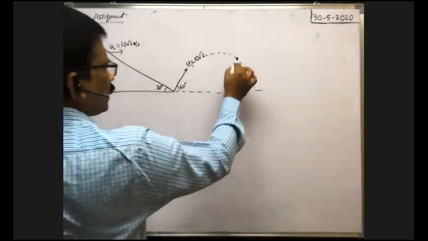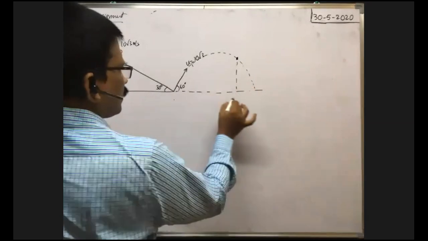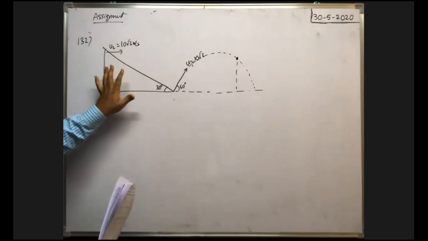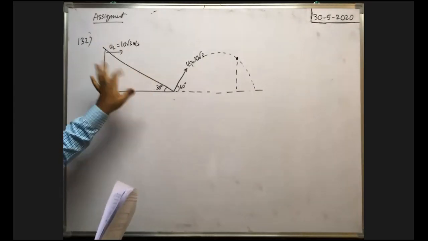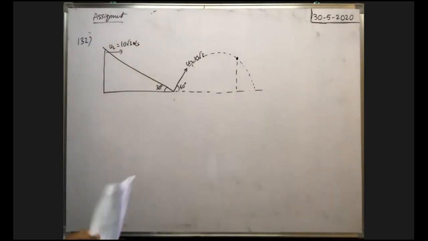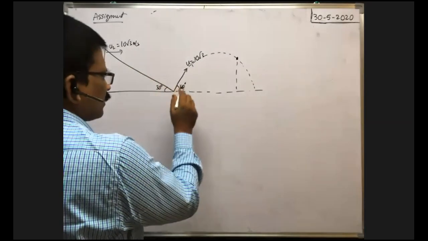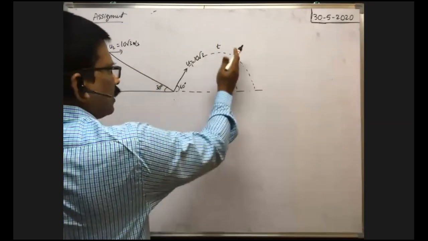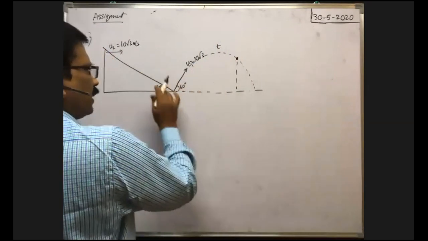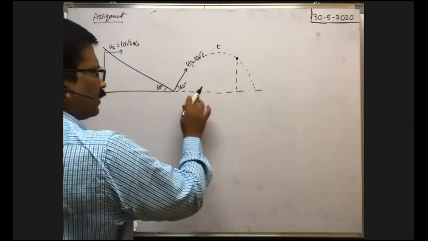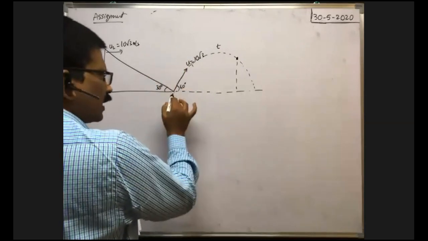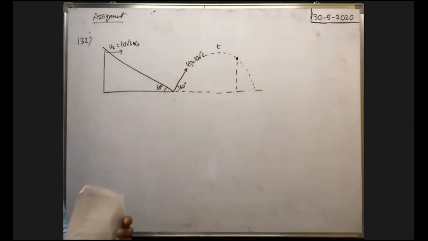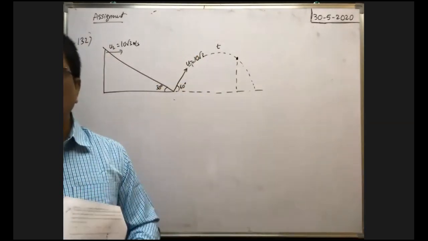Along horizontal direction, what is the distance traveled? This is the distance traveled now. Here, does the wedge travel the same distance along the horizontal direction, or does it travel more distance? If the wedge also travels the same distance in the same time t seconds, if the particle reaches the point here, then if the wedge has the same velocity along horizontal direction as the particle, it also travels the same distance, so that the wedge occupies the position like this. But does the wedge travel more distance or does the particle travel more distance?